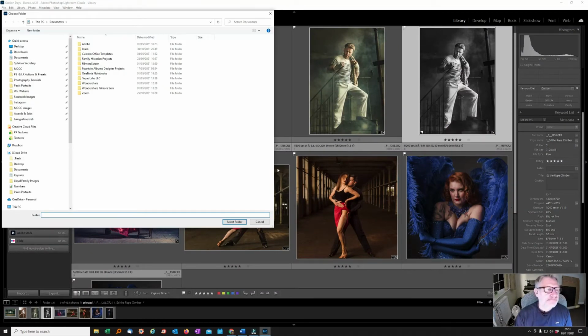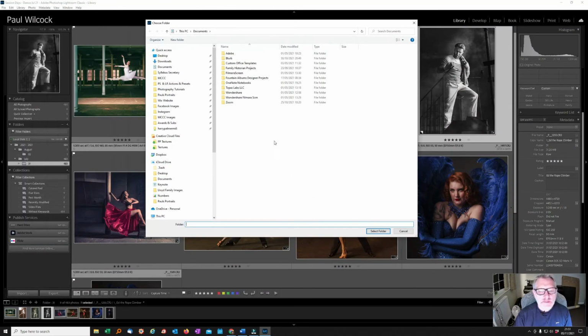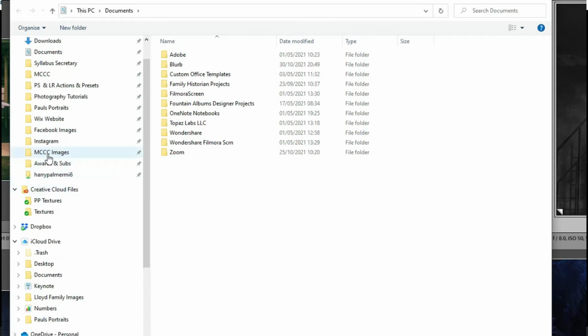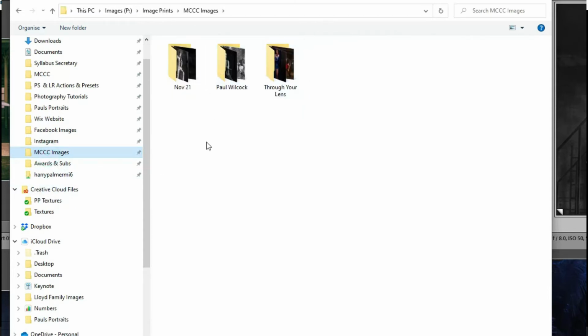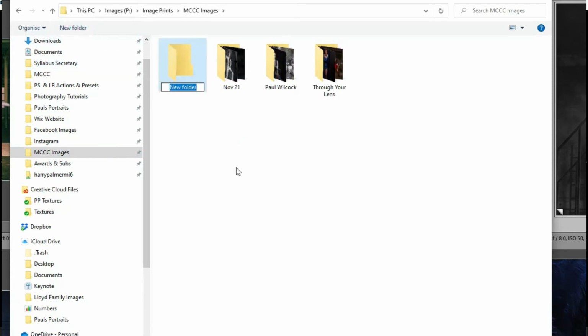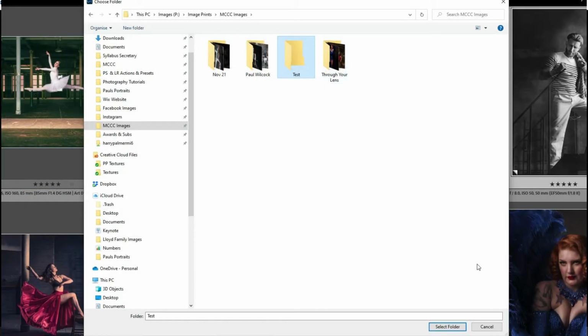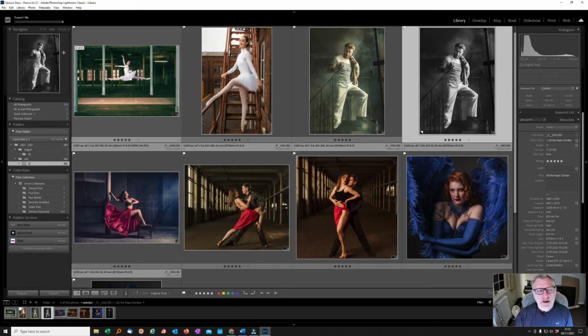So, as I showed you right at the start, it said a location, and I want the location to be chosen during this process. So this is why this dialog box has come up. So I have a folder here called MCCC images. I'm just going to create a new folder here and call it test, and I'm going to open up or select it and select folder, and as you can see, we've got the